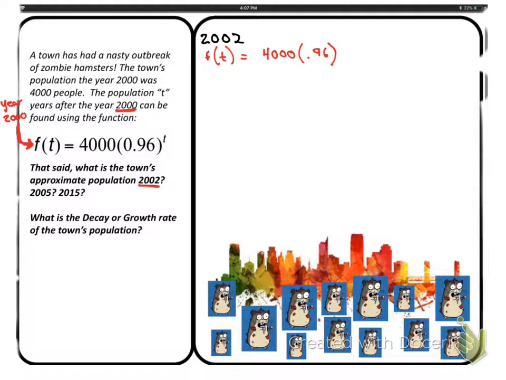So now, I know that the formula represents the year 2000. So from 2000 to 2002, I'm going to count how many years passed. From 2000, 2001, 2002, it's only 2 years. So my exponent here is going to be 2, because only 2 years has passed. So I plug this into my calculator. So 4,000 times 0.96 to the second power